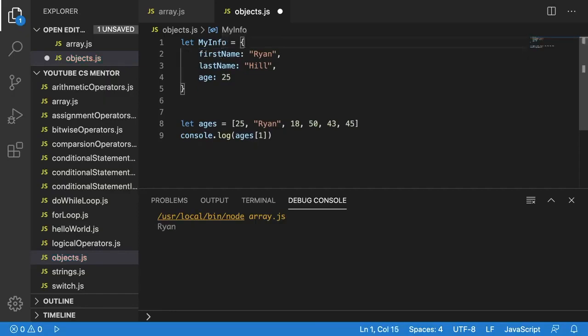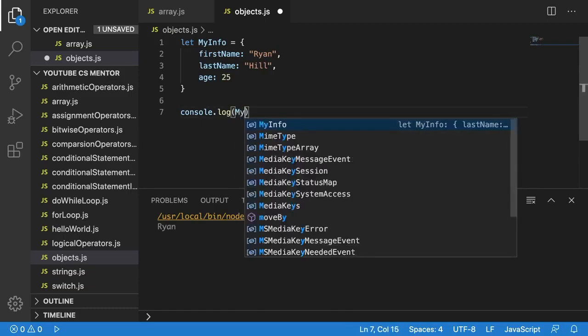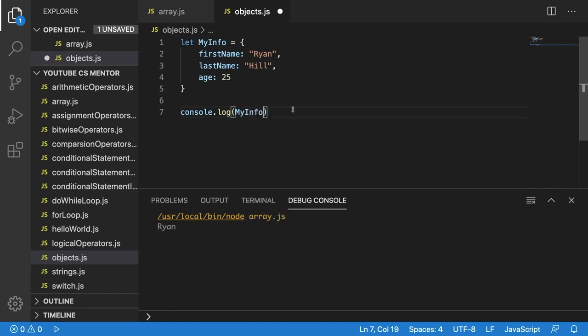So I'm going to get rid of this, and I'm going to also get rid of this here because we don't need this because this is an array. And now we're going to console log myInfo. Okay, so I'm going to keep the console log, but I'm going to get rid of the ages. So now I'm going to type in myInfo, and now if I go and run this, I can see